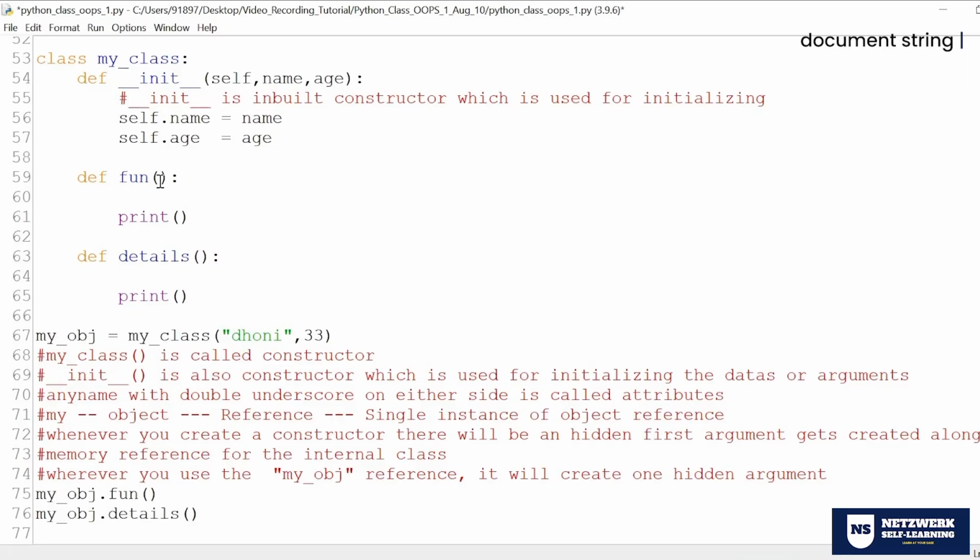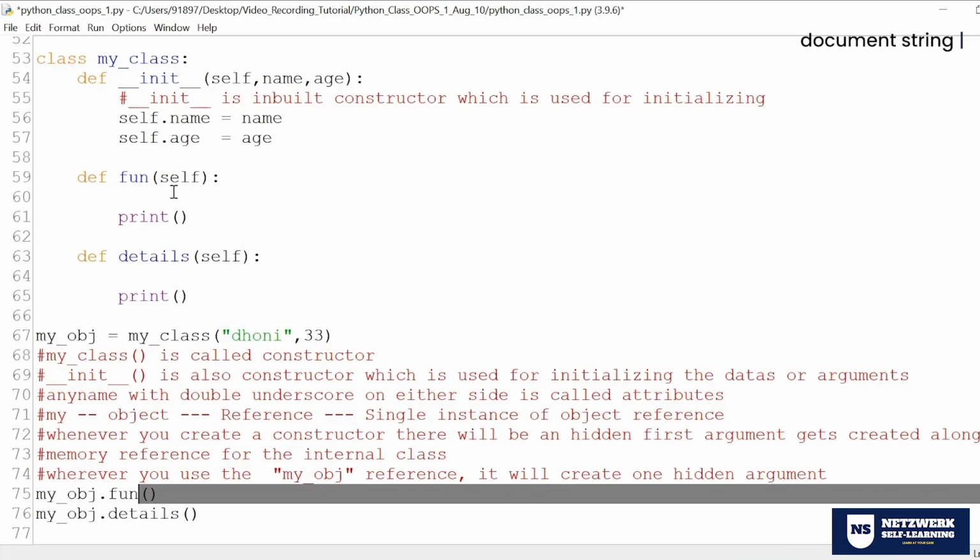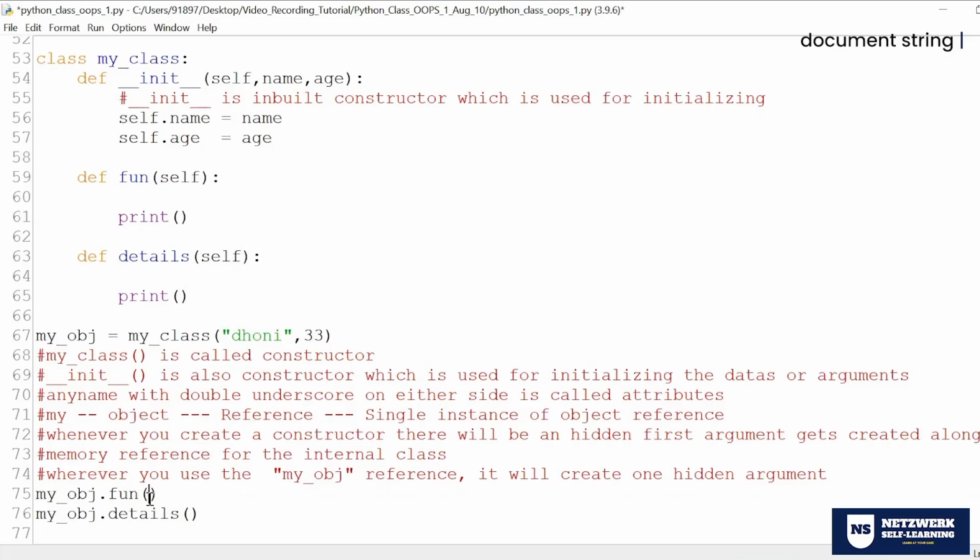Now, since this function also has some hidden argument, as I told you, you have to pass the same reference here, self. Why? Because it already has one argument, so you have to match the number of arguments. If it has one argument, and now it is also receiving one argument, it is matched. Now, what does the function need? It may need both arguments, so it can use self dot a comma self dot h. That's it. Now if it needs only name, it can use name only.